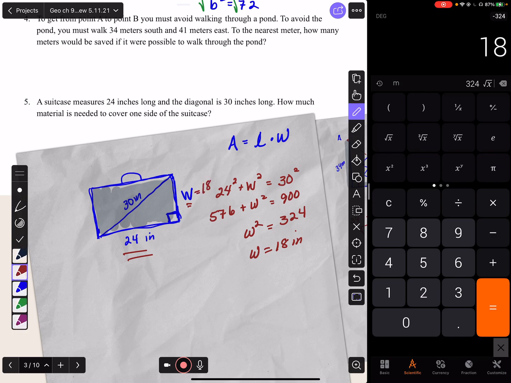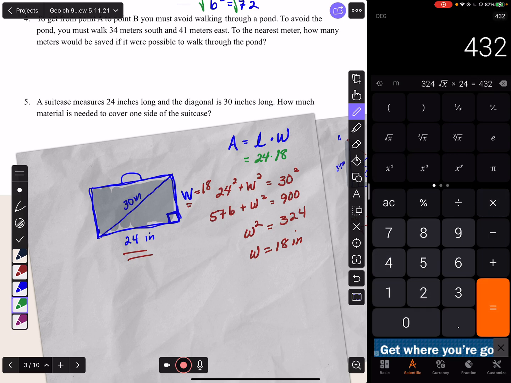So now to find the area, we just do area equals length times width. So our length is 24, our width is 18. There we go. So 24 times 18. Looks like 432 square inches. And that is problems 1